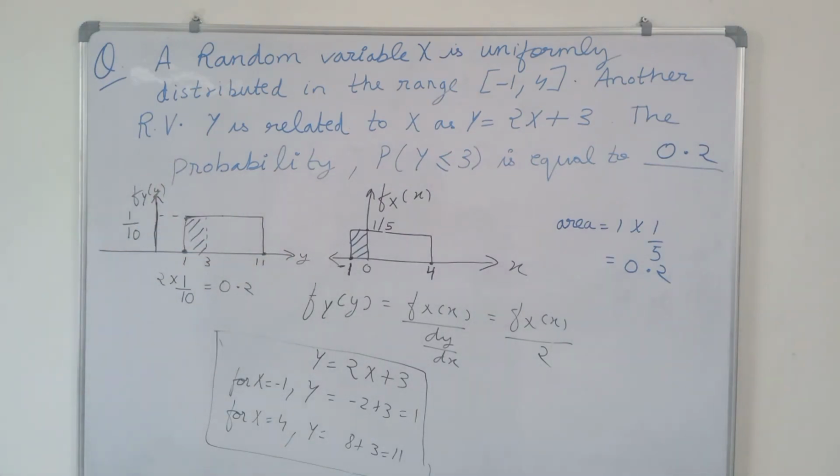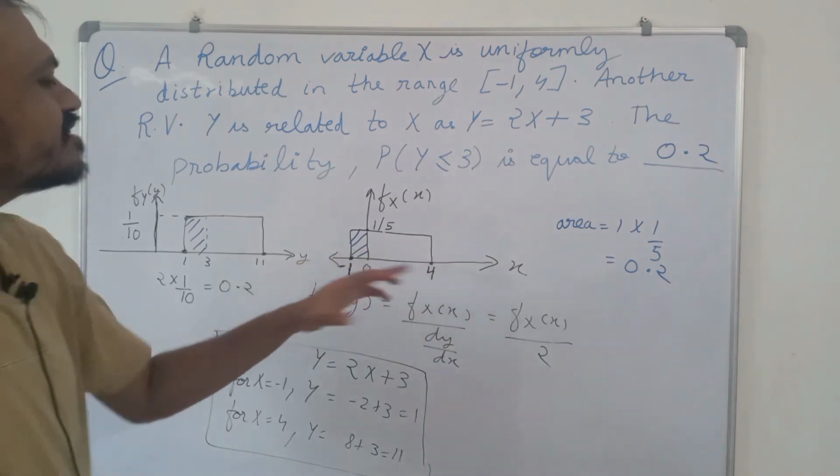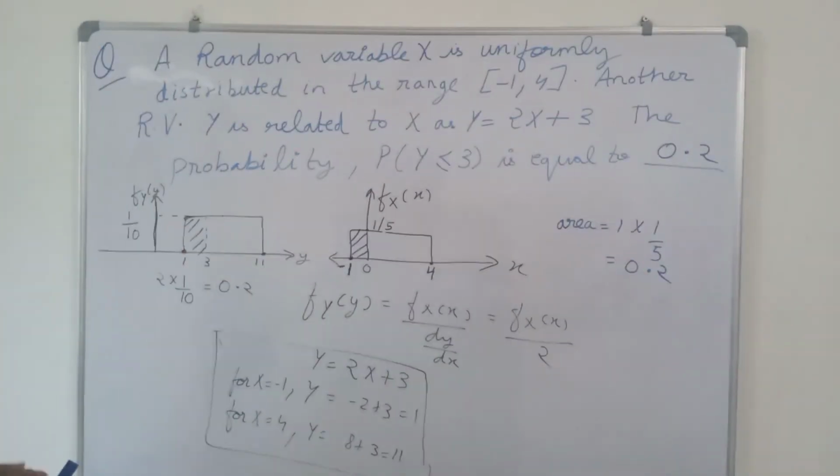If you have any doubt in either of the two methods, you can message me or comment in the comment box. I will solve all your doubts. This is a very easy and very common question. Uniformly distributed random variable is a very popular topic in GATE exam and other ESE and JEE exams as well.